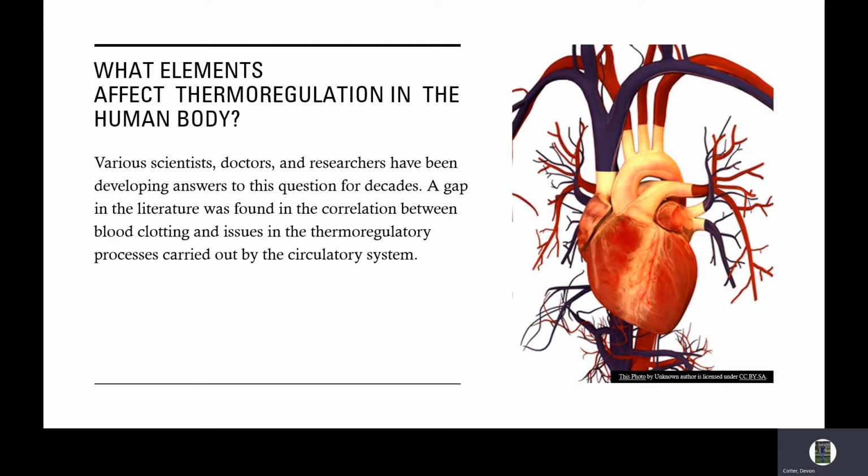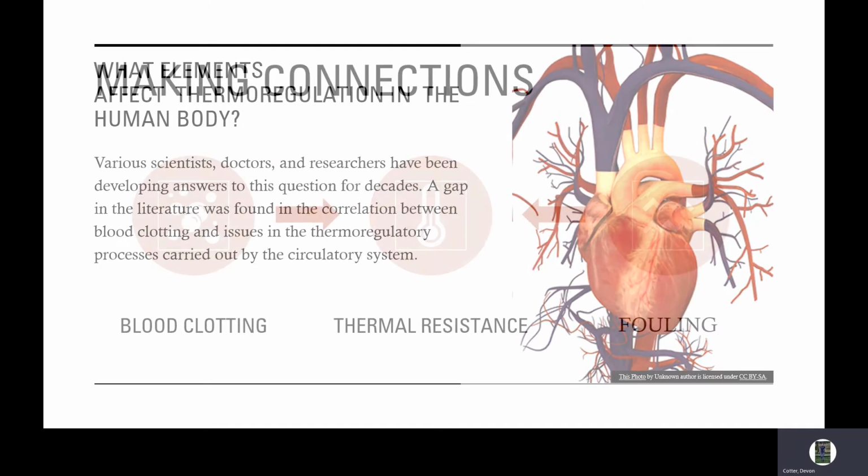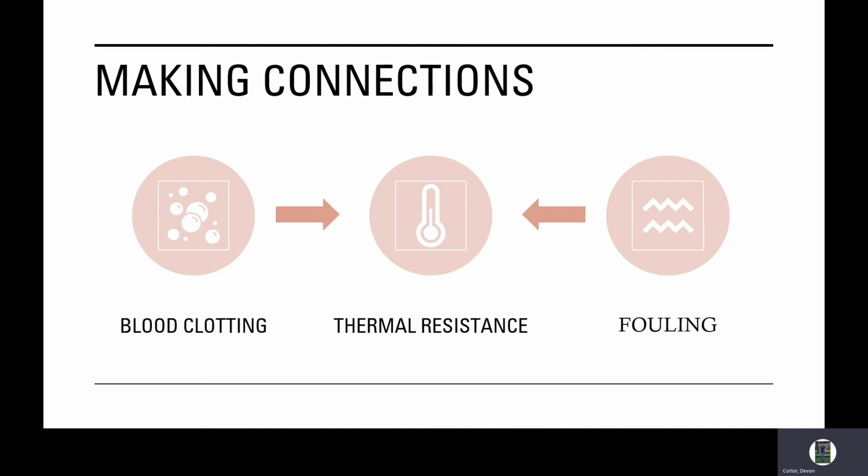To bridge such a gap, we must first make connections of the identified correlation between heat exchangers and blood vessels. To fully understand the transfer science components of the circulatory system, primary connections must be made with respect to foundational elements in heat transfer. Since the circulatory system is responsible for regulating body temperature, a justified heat transfer correlation would be to connect an artery, which is responsible for sending blood throughout the body and heating the surrounding tissues, to